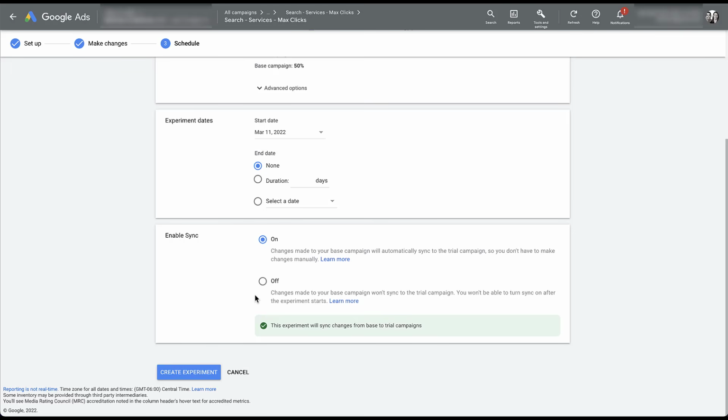So in the past, or if you turn the sync option off, each time you make a change like adding new ad variants to your base campaign, you will also need to manually apply them to your trial campaign as well. Depending on what your workflow is in the platform, I would say that most people are probably best off leaving the sync option turned on, but if you have a number of different people making changes on the campaigns,